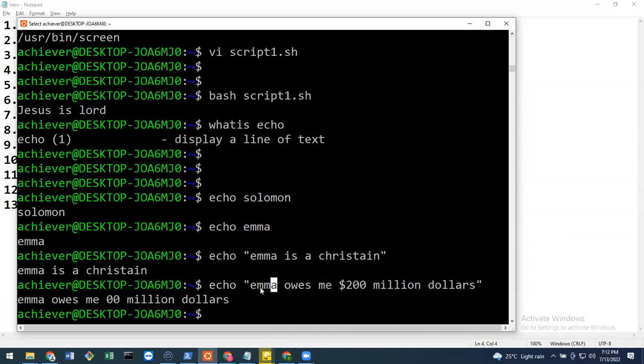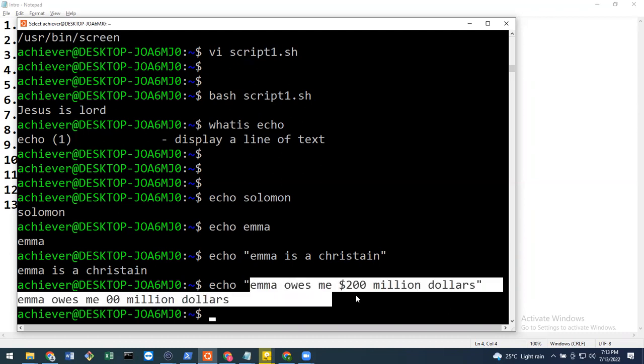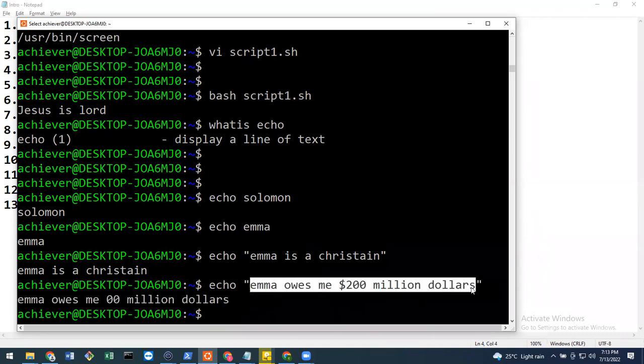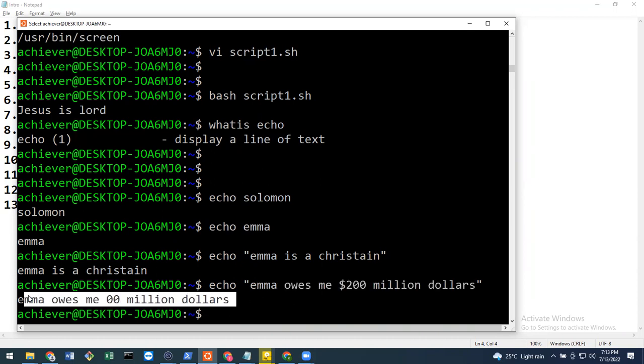So what is it telling you? Anything you put inside double quotes is going to execute it that same way. It will not change it for you. Are we together? Anything inside double quotes is going to give you exactly that same thing. Do you understand? But because this dollar has a special meaning, that is why